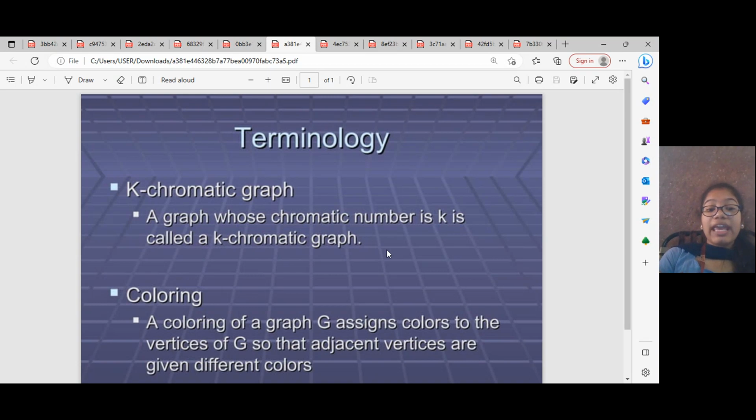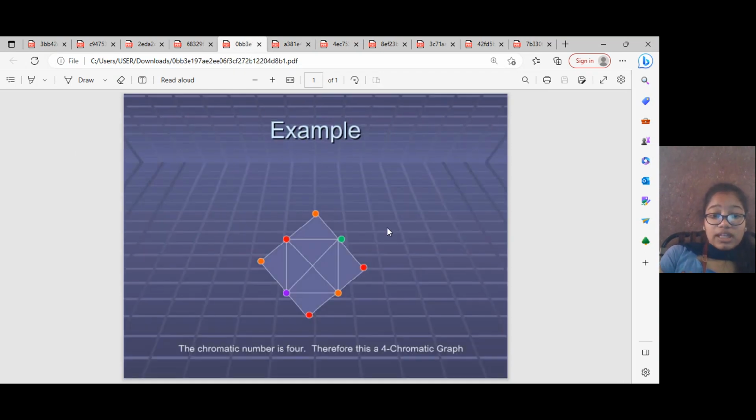K chromatic graph. A graph whose chromatic number is K is called a K chromatic graph. A coloring of a graph G assigns colors to the vertices of G so that adjacent vertices are of different colors. See, here the chromatic number is 4 because we have taken 4 colors to satisfy the constraints of the graph coloring method. First of all, here let us see